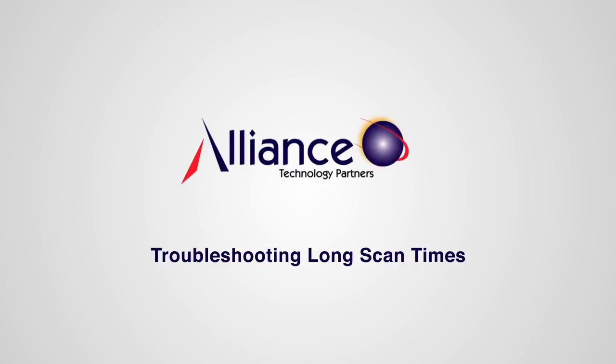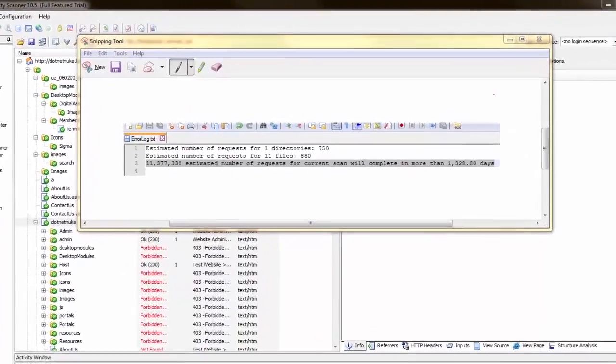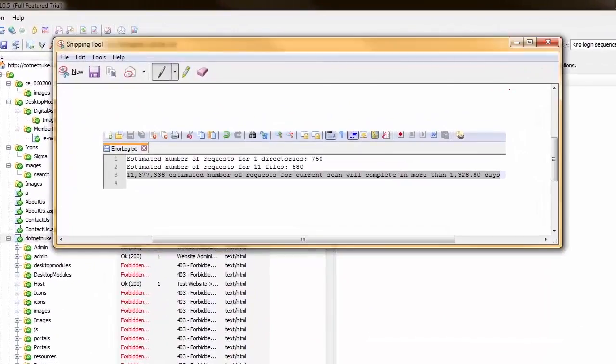Today I would like to discuss troubleshooting long scan times with Acunetix Web Vulnerability Scanner. This is from an actual scan performed against an old DotNetNuke release. We use this in our class as an example for working through long scans. You'll see here it's 11 million and some odd estimated number of requests, and the current scan will complete in more than 1,328 days. Now, in all fairness,